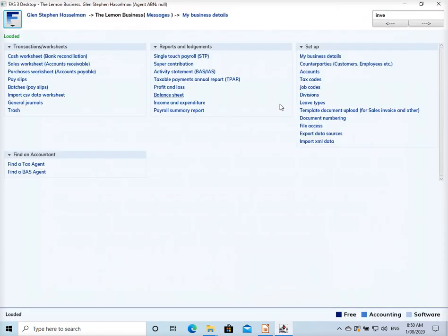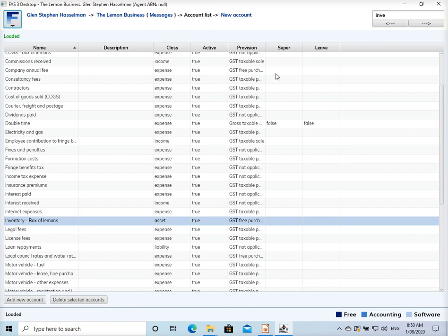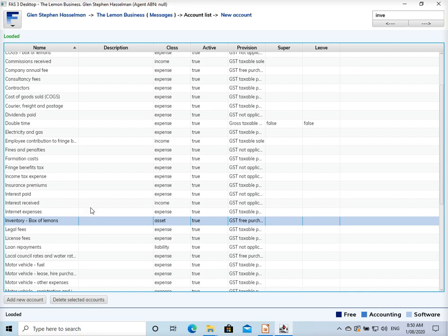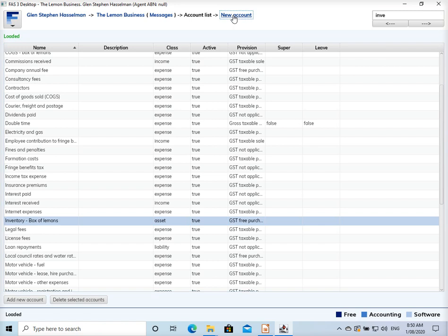So this is just exactly how I left off from the second video, but we'll need to create some new accounts for these new things. So at the moment we've got inventory dash box of lemons, which is our only item of inventory, but we'll need sugar and we'll need bottles. So